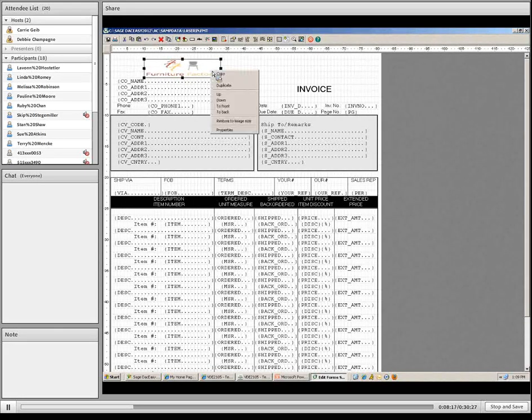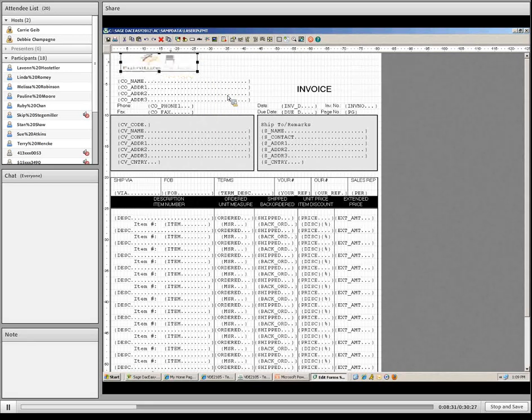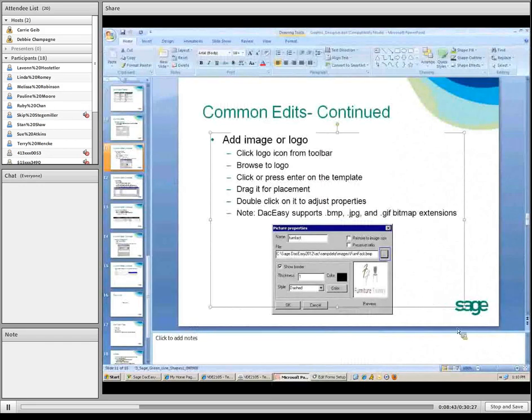And if you right-click on it, you have your properties, which we just went over. Front and back, sometimes that's an option you want. Now this image will print right on the invoice at print time. That's one of the more common requests, adding an image to an invoice. That way you have a little more control over what's being